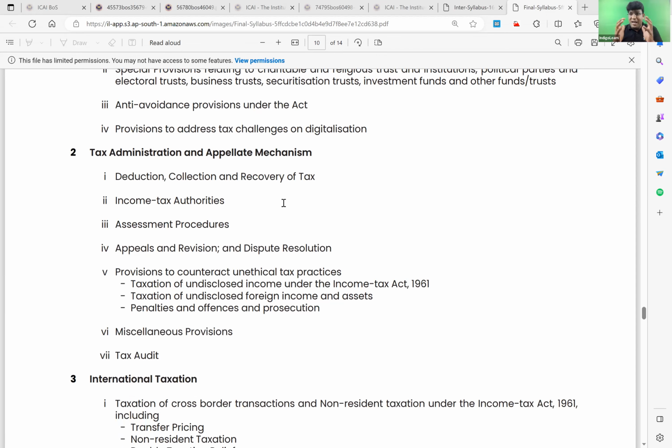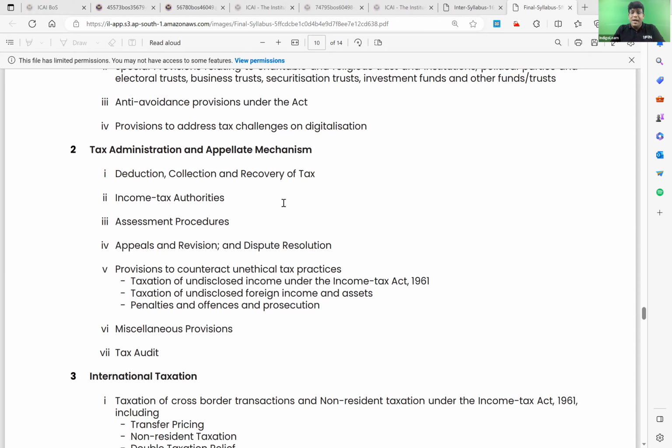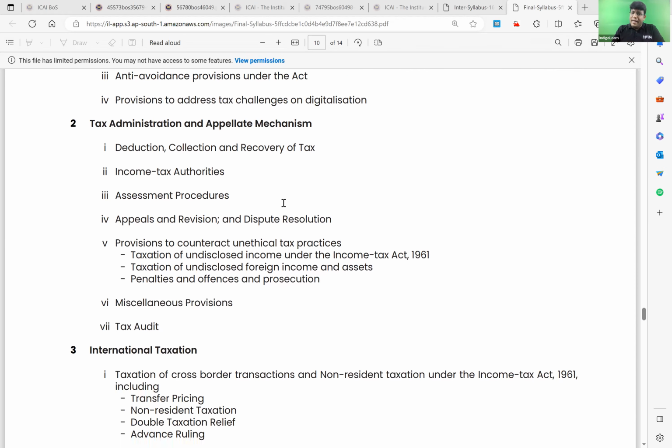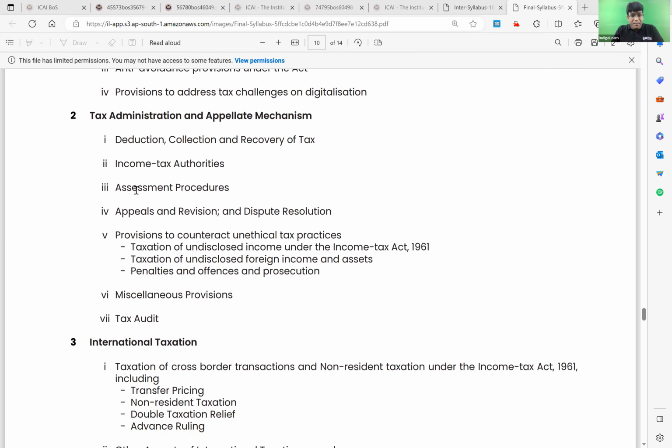tax challenges of digitalization, then deduction, collection and recovery of tax, that's about TDS and TCS, income tax authorities, assessment procedures, appeals and revisions, which is of course very important from a CFRL perspective, and taxation of undisclosed income, undisclosed foreign assets, penalties, offenses and prosecutions, miscellaneous provisions, and separately they cover the provision of tax audit. So it looks like